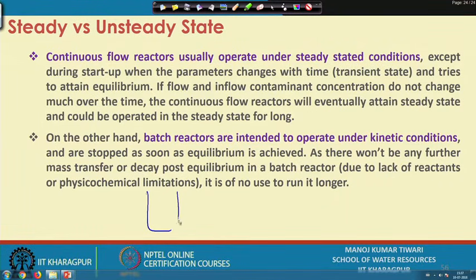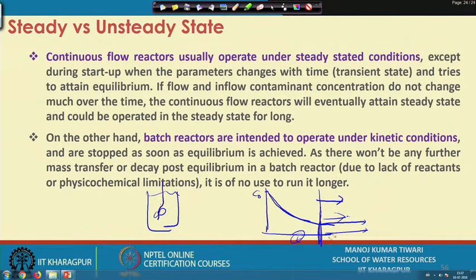So, let us say this is my batch system, then initially my concentration is here, and with respect to time it is decreasing. So, I will be interested only to operate this system as long as this concentration is decreasing. Let us say beyond this point it has stabilized. So, the system has attained equilibrium beyond this point. So, no more changes are happening with respect to time,